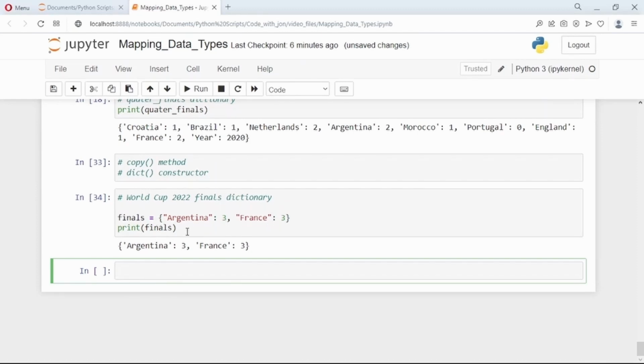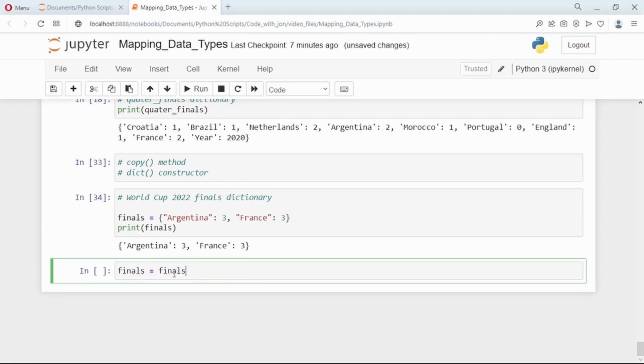Argentina 3, France 3. Now these were the final results before they went for the extra time and the penalties. Now let's see. I can't say finals2 equals finals